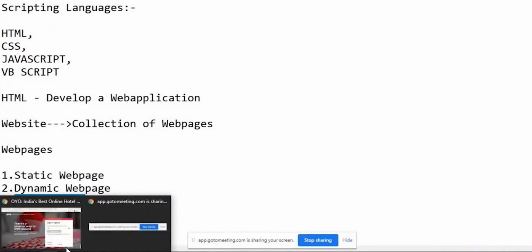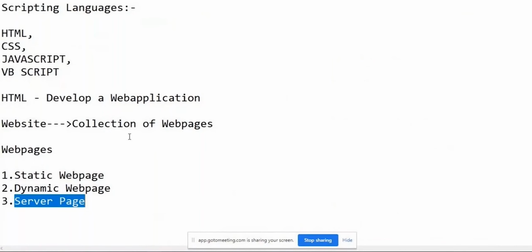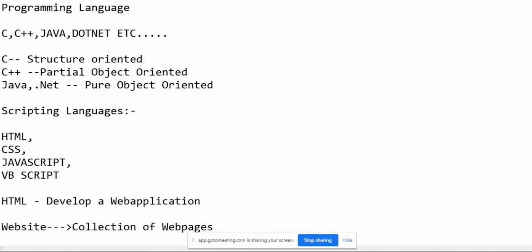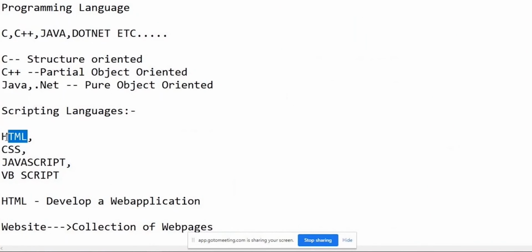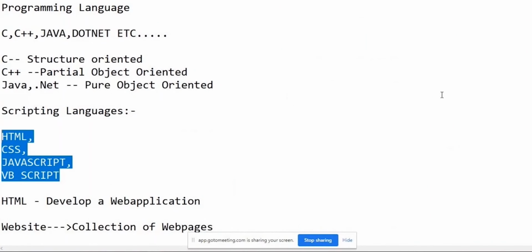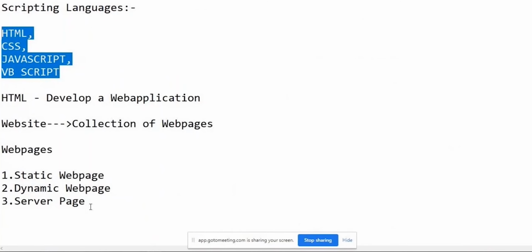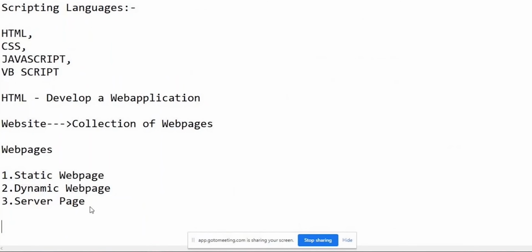Okay. You can see here one more thing we need to discuss. You can go for this one, programming languages. So what is the difference between programming languages, and why is HTML a scripting language that is different? If you want to develop any website, the important things will be the user interface, the designing part, as well as the coding part, and similarly the database part, DB. So the user interface, the UI part.